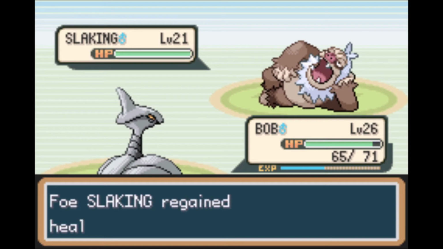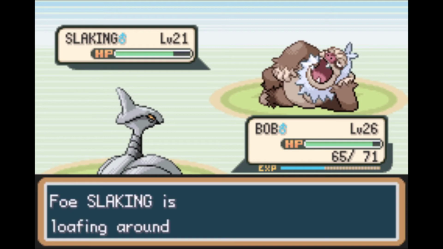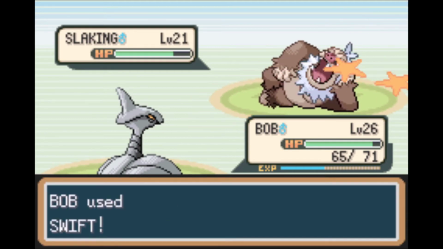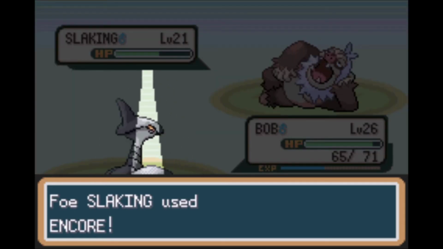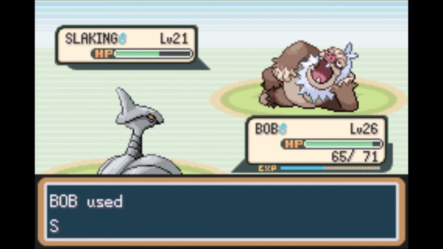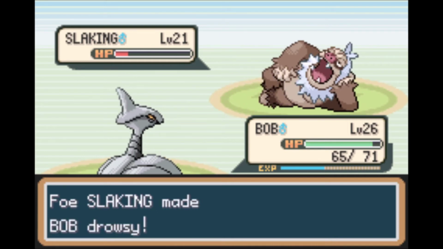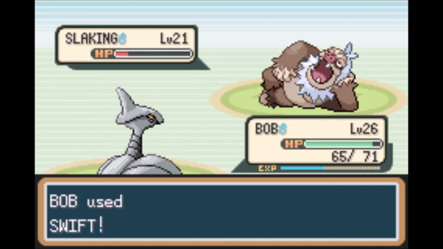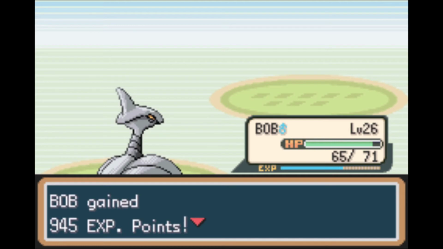Wow, heal yourself. Yeah, wow, it's fine. So we just need a water team, honestly. Wow, an Encore, the most necessary move to use against me in this situation, as I'm mashing A. But yeah, our team is noticeably lacking in the water department. We could use that so we can have a better answer to fire types